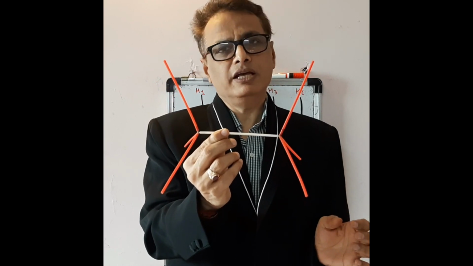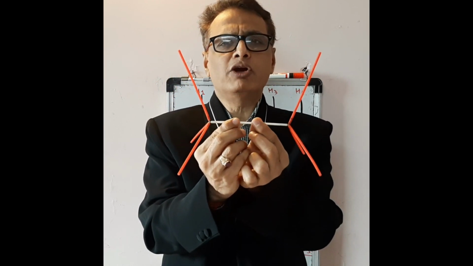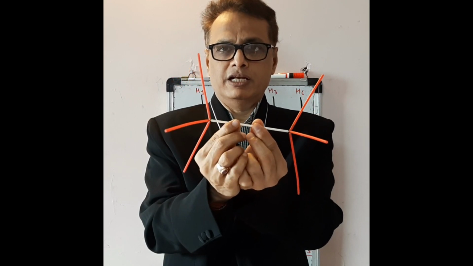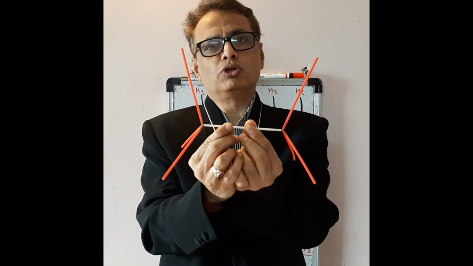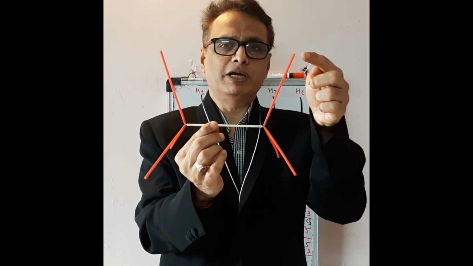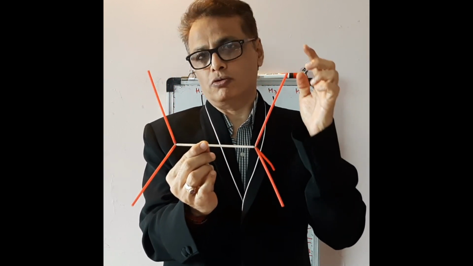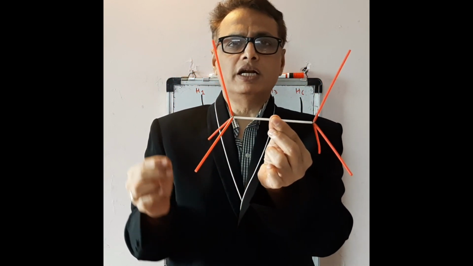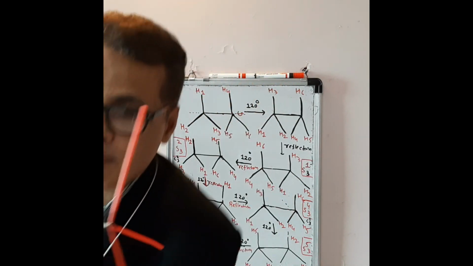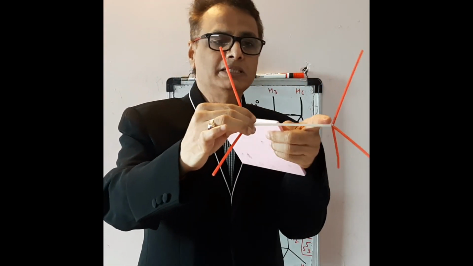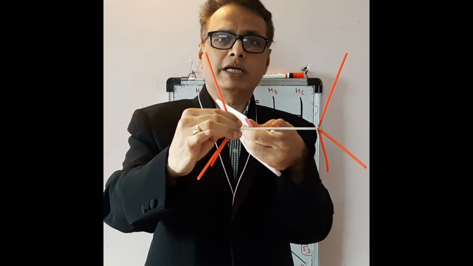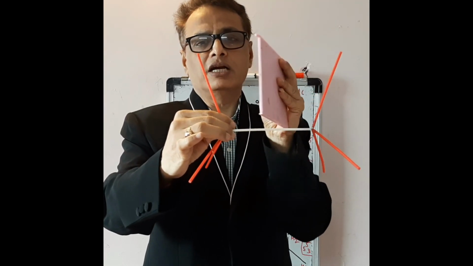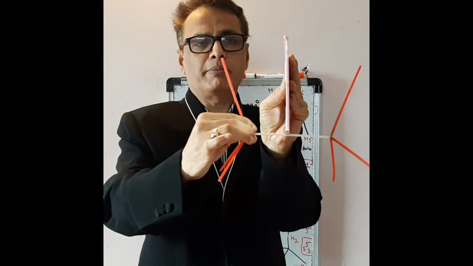Now, if the eclipsed ethane molecule is rotated by 120 degrees, then 1 is shifted to 2, 2 to 3 and 3 to 1. Similarly, 4 is shifted to 5, 5 to 6 and 6 to 4. So we will get a resulting configuration. Now, this resulting configuration is reflected in a plane perpendicular to the principal axis. This is our principal axis through which the molecule is rotated by 120 degrees. Reflection brings the molecule into an equivalent configuration.